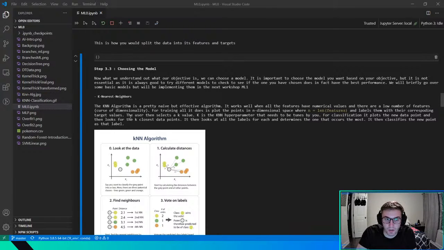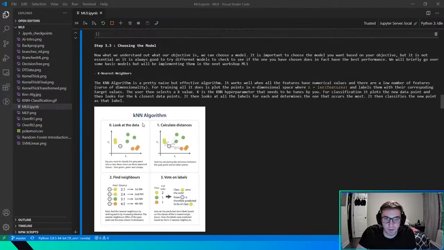The closer the user selects a k value, and that k is basically how many neighbors it looks for. Let me explain it first. When you fit or train the model, you put all of your data points in your feature space. Think of it in two dimensions: you plot the x and y points that you trained on.